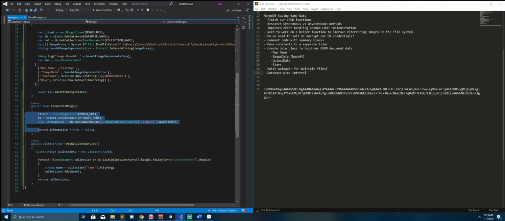We've got a connection method here. The connection method returns a true or false based off of whether we are connected or not. It does this by running an async command that's basically going out and pinging the Mongo server and saying, hey, are you alive? And if that comes back as a 0, then we're not connected. So this is going to be useful when we actually start to build out our files that are doing all the connection stuff,